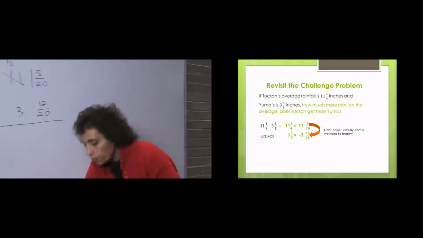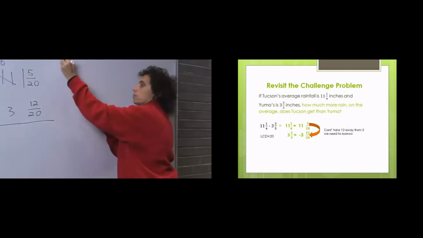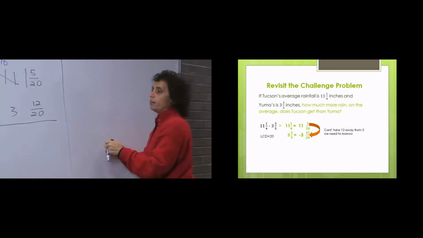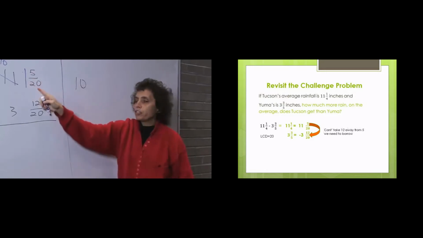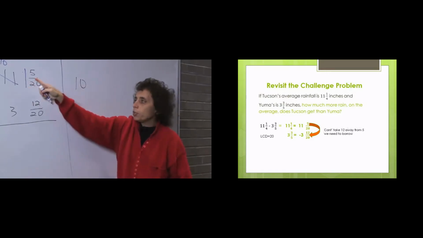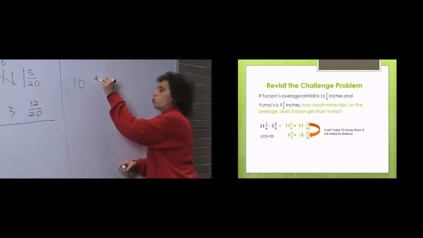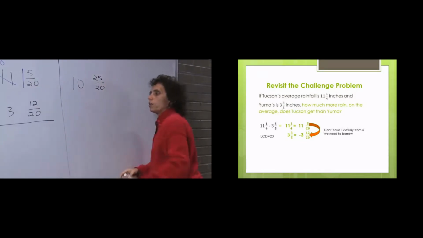We now have 10, and now this is a mixed number. I'm going to change it to an improper fraction. 20 times 1 is 20, plus 5 is 25. So that is 25/20. That's what I have there,